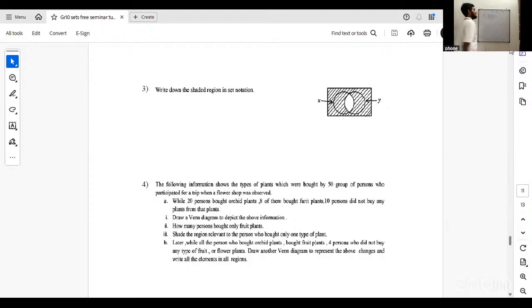So they are asking to write the statement. So what is the statement? You see, is it intersecting what? The middle, it's intersecting